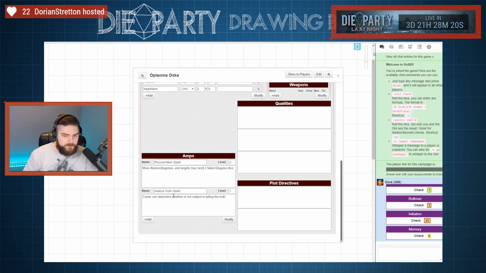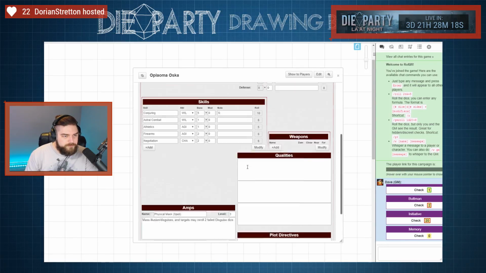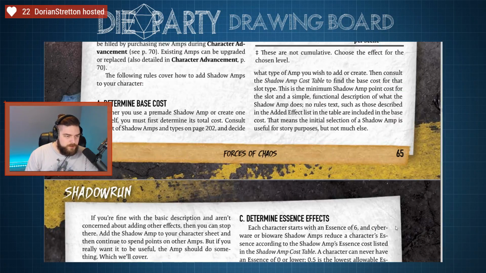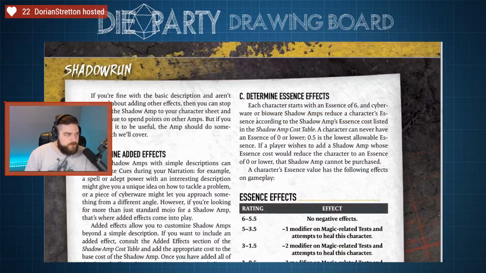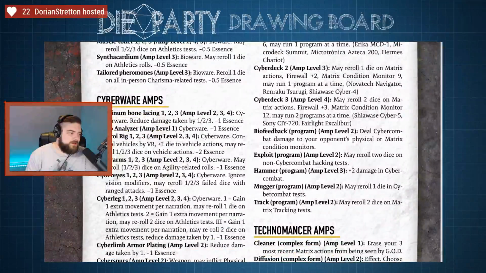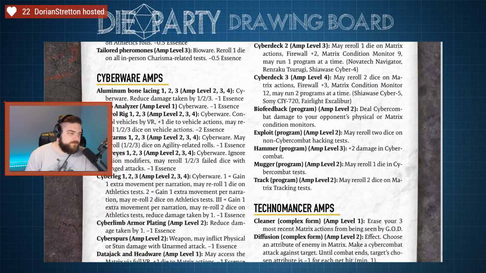Hey Tice, how you doing, man? Good to see you. So let's see about what we can actually build here with 4 points. So let's go to 202. Let's give him robot arms, because why not? Okay. Cyber arms. Control rig. Aluminum bone lacing. Reduces damage taken by...